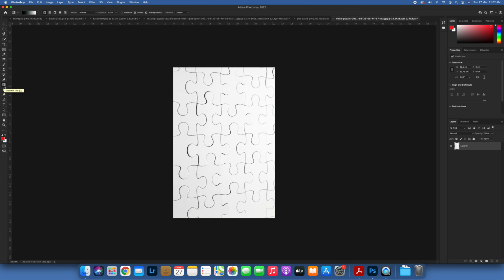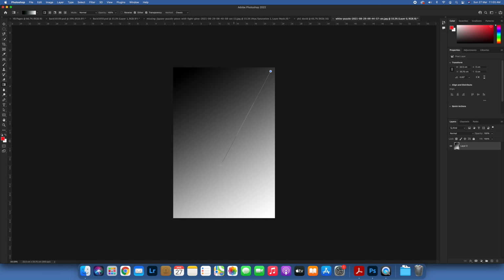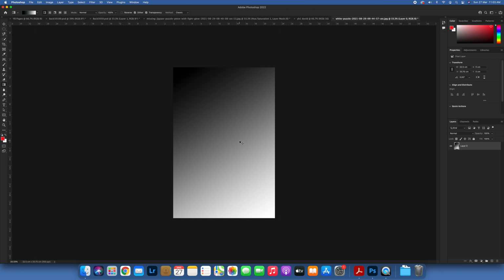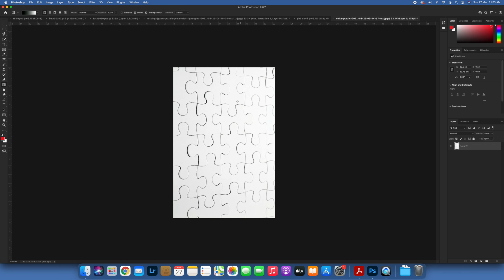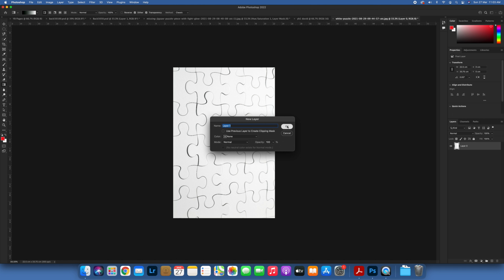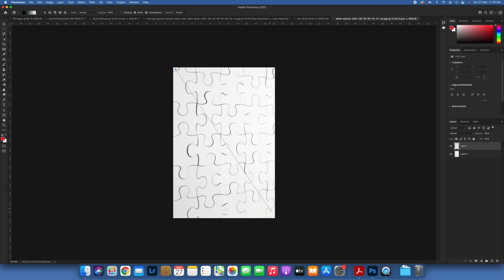Okay, so once this has been selected, what you can do is draw a line across your image, and as you can see, it will create a gradient. Now, the problem though is that we already have an image here. So before we do that, we're going to go up to Layer, go to New, and create a new layer. All right. So we have a layer on top of the layer. So now what we can do is just draw across,